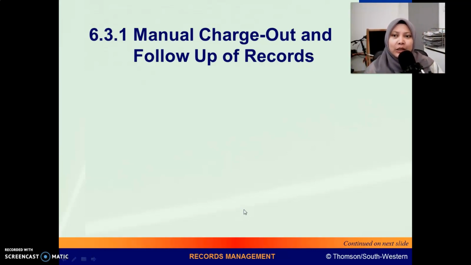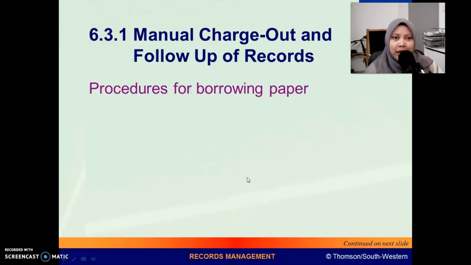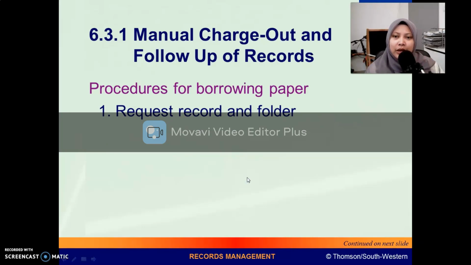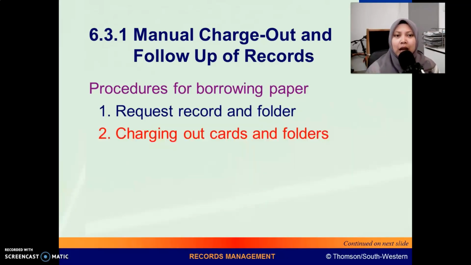Okay, let's continue on the manual charge out and follow up of the record in the manual way. We already covered the first step, which is requesting records and the folder. Now we have a look at what will happen after the user fills up the requisition form. So definitely the staff in the file room will do the charge out of the card and also the